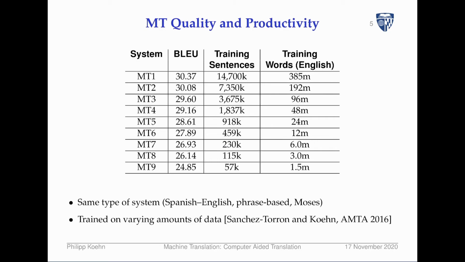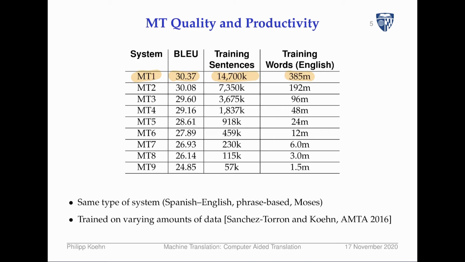Here's an example of, we wanted to find out a little bit more of how MT quality and productivity are related. So here's an example of a study that we did where we just said, what if we give machine translation of different quality to translators, how does it impact their productivity? So what we did here, we built 9 different machine translation systems. So the first one, we just trained a machine translation system on all the data we had. And this is the BLEU score we got. So this is about